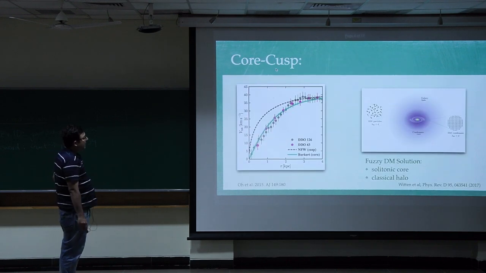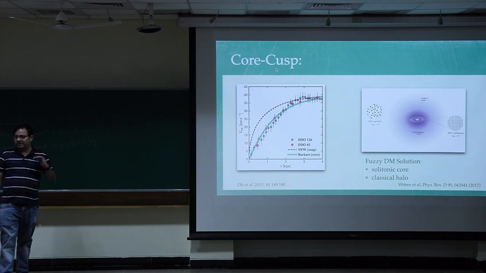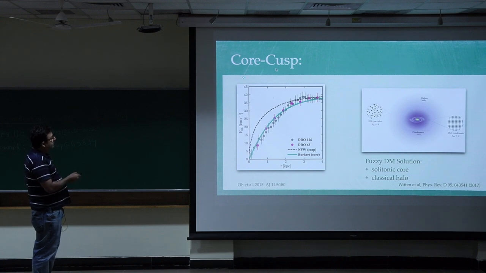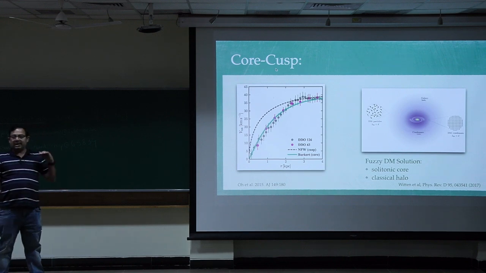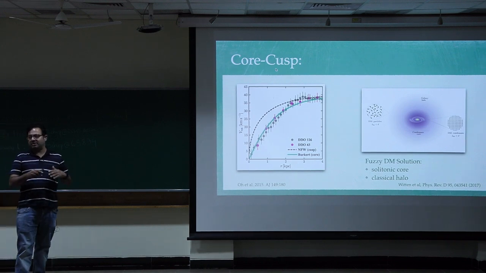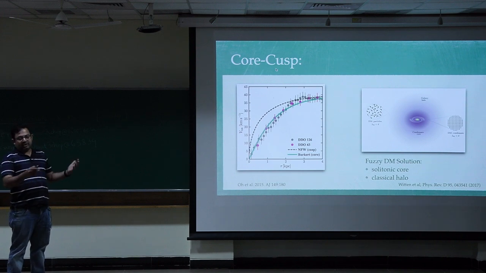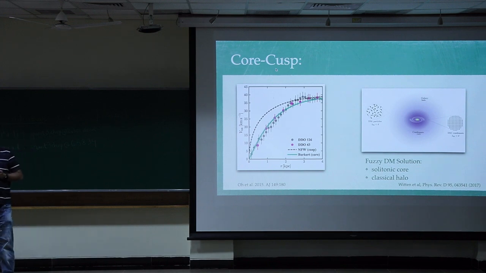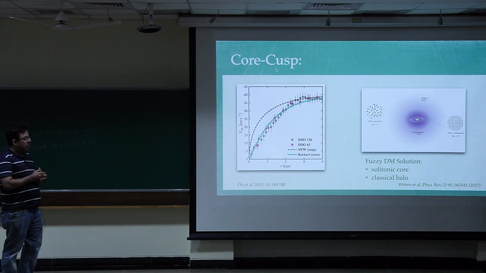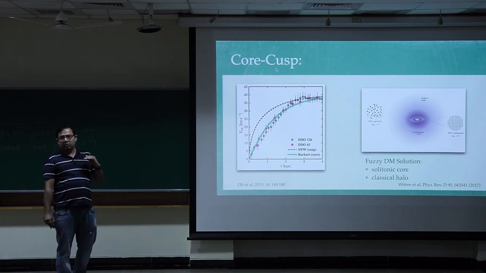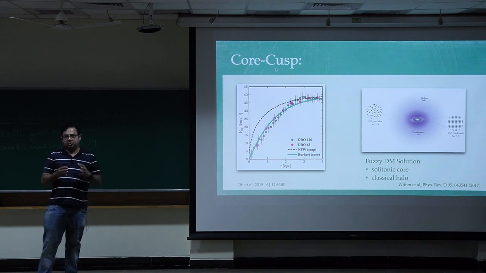One of the main issues at small scales which survives, or let's say at least at some level survives, is the core-cusp issue, because the missing satellite or too-big-to-fail problem sometimes depends on how well your N-body simulation incorporates things like baryonic physics and others. So they depend more on who you are speaking to. But there is somewhat of an evidence of this core-cusp problem, which is related to the issue that if you look at